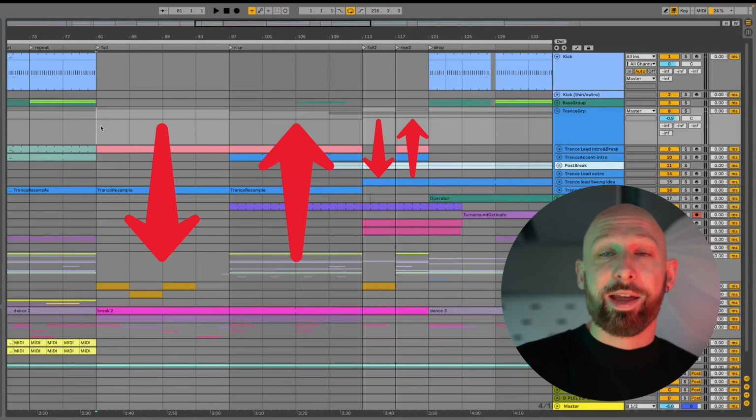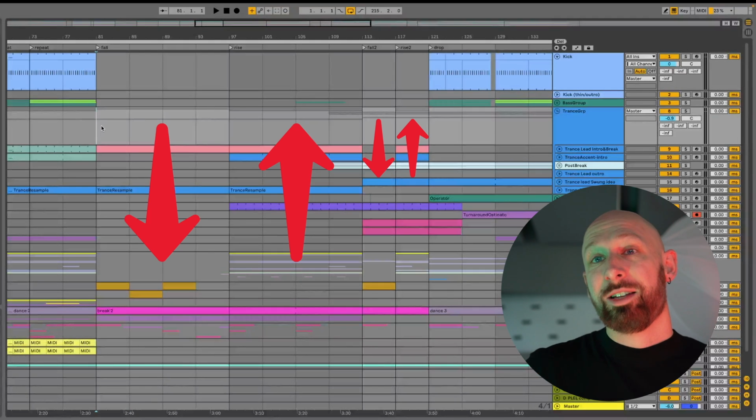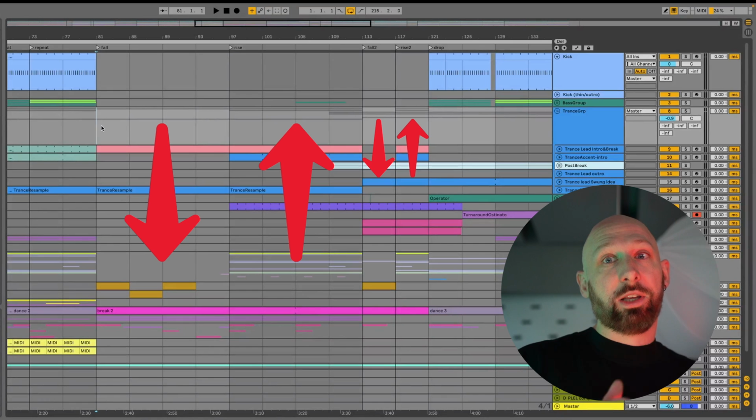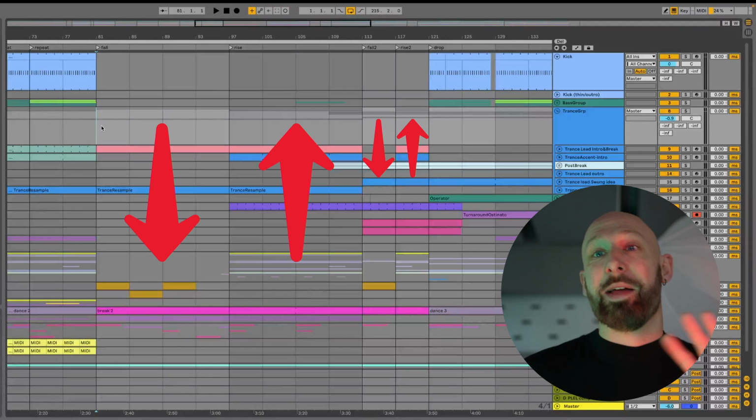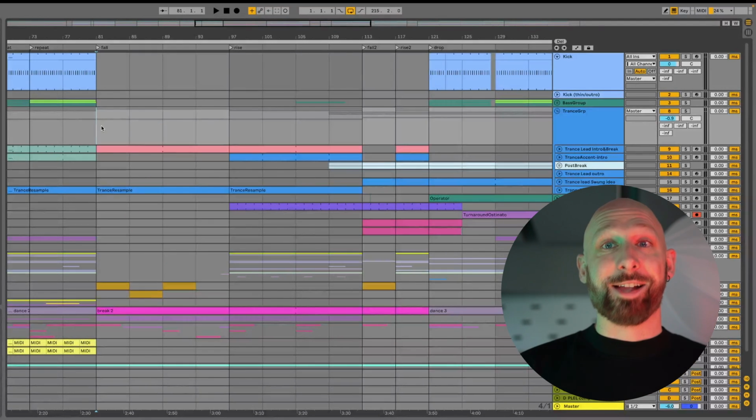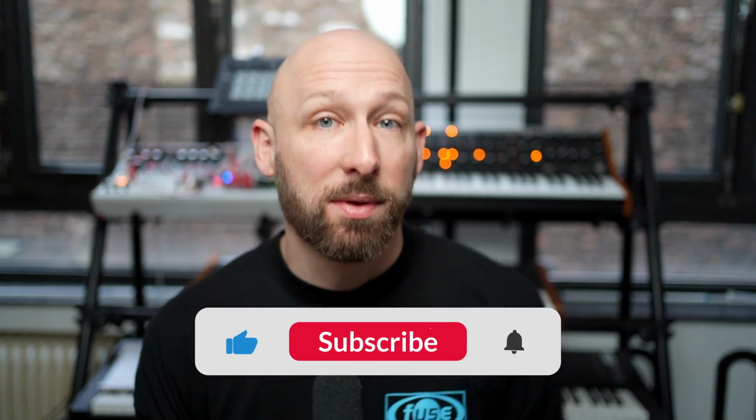It's the double trilogy break, and as you can see, it has the potential to be endless actually. If you really want, you can keep going down and up and down and up and down and up and never bring the beat back. And so there you have it. 4 techniques for climaxes.